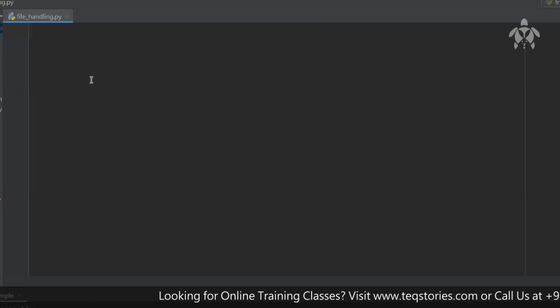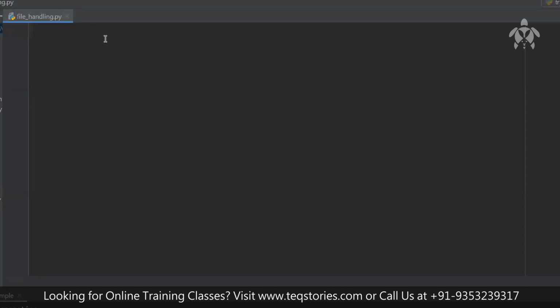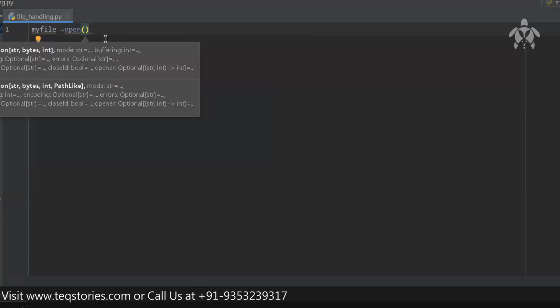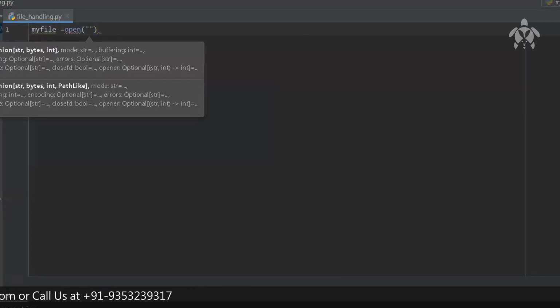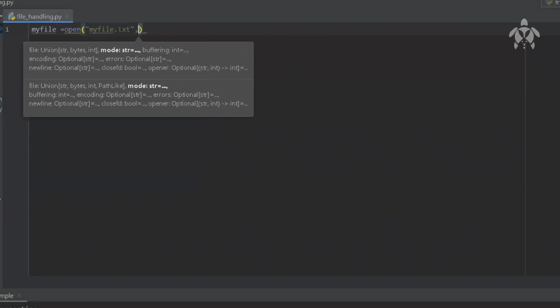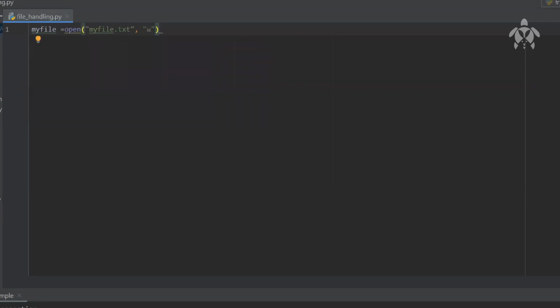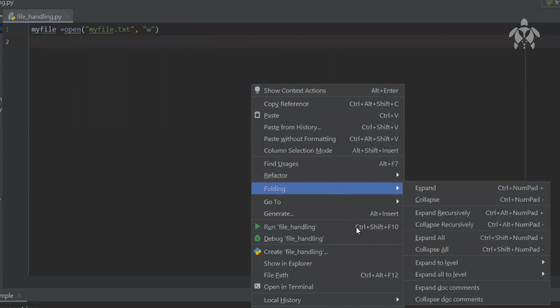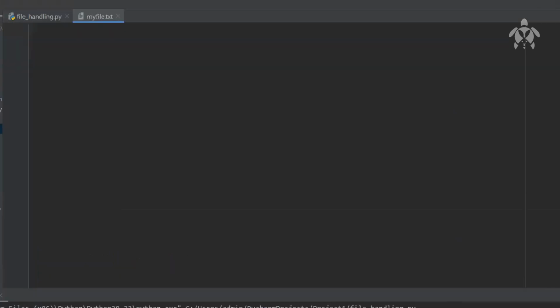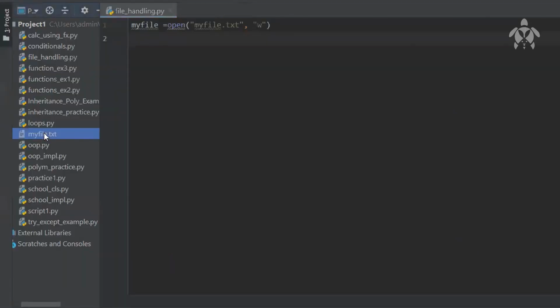Let us say I want to create a text file. I'm going to write my file equals open, and write the name of the file you want to create, let's say my file.txt. Since I want to write it, I'll go for W. Now it will open this file and start writing whatever I write within it. If I just run this program and do nothing, see, this file has come, my file.txt. It does not have any text, but it has come. If I delete it,